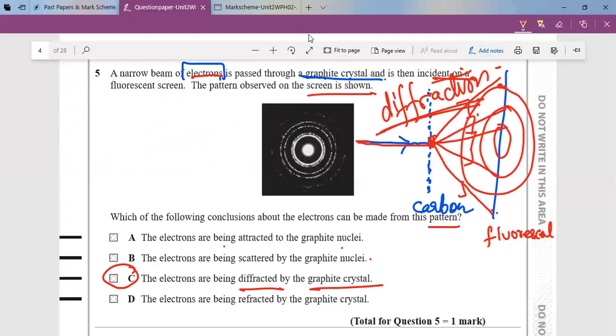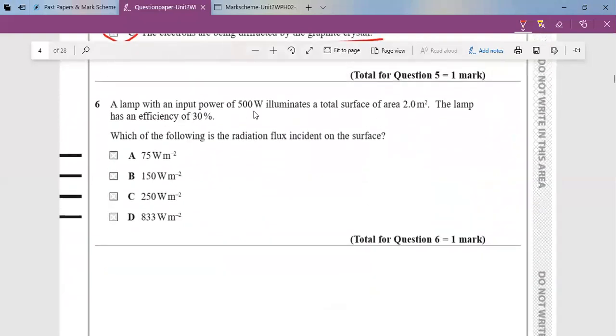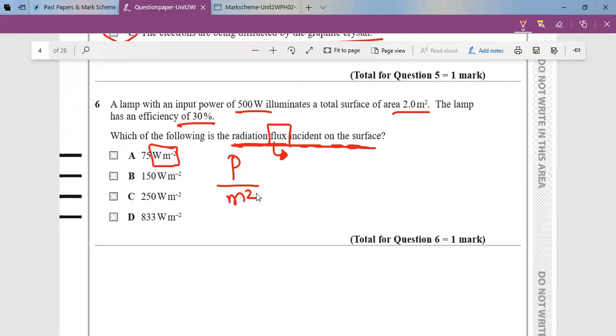Go on. A lamp of an input power of 500 watts illuminates a total surface area of this much. The lamp has an efficiency of this much. What is the radiation flux incident on the surface? Basically they're just asking us the flux. The unit is watts per meter squared. Just look at the unit. Watts means power, meter squared means area, and the negative means it's in the denominator. So they just want us to calculate the power upon area of this